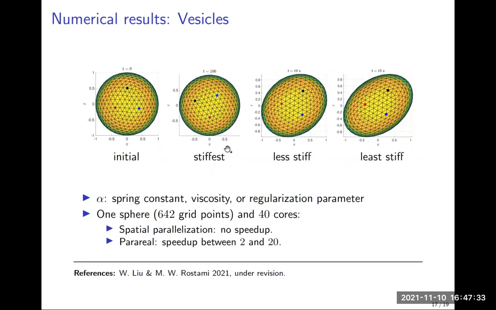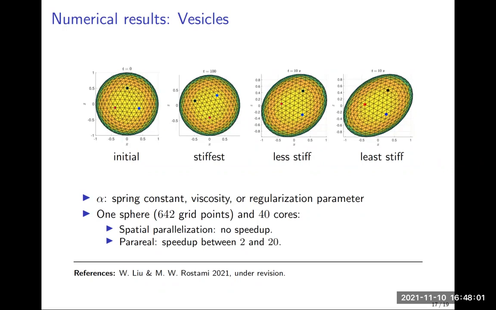In this particular case, we consider alpha to be the spring constant, viscosity, regularization parameter. Once again, usually you're not supposed to mess with these parameter values. They should be dictated by the application, but we use different values to gain more efficiency